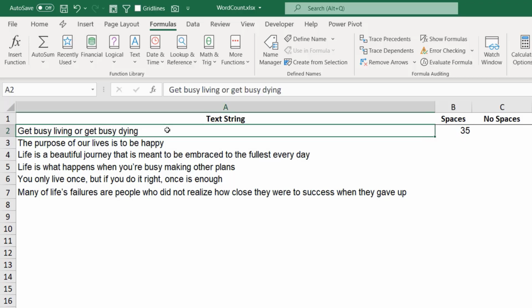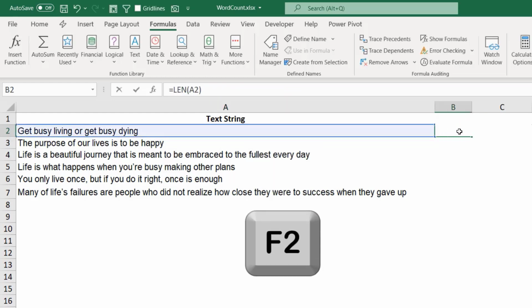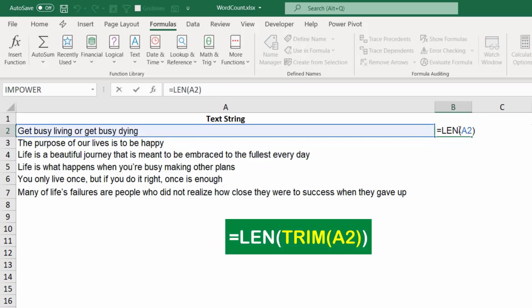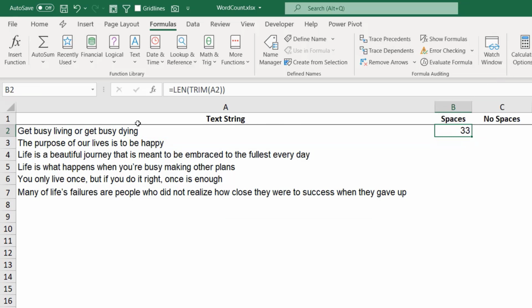So if I select A2 and put it in the edit mode by hitting F2, you will note that I have some extra spaces, trailing spaces following the text. So before counting the number of characters, I'll be wrapping A2 in a trim function that will remove any extra space, leaving one single space between words. I select my len function, I put it in the edit mode, and then here I'm going to type trim, and I close the bracket for the len function and I hit enter. Now this is the number of characters I have, including one single space between words. I can double click and send it down.